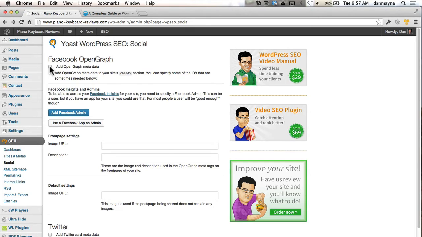Now we can add Facebook as an admin, or we can use a Facebook app as the admin as well. And that will allow Facebook to gain access to your website and all of the social sharing aspects of your website. In the next item, we look at the image URL and description for your website, which will appear